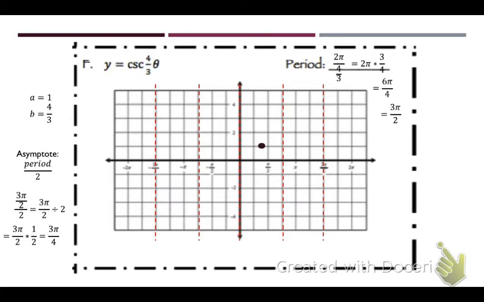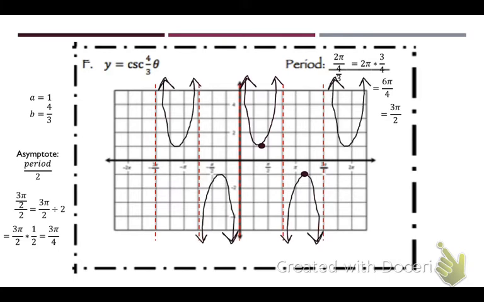Okay, whoops, went too far. Now, my a value is 1, so I'm going to go halfway between my first asymptote and my second asymptote. I'm going to go up 1, and that parabola is an upwards parabola that follows along those asymptotes. Halfway between 3 pi over 4 and 3 pi over 2, go down one, draw a downwards parabola. Then that just repeats itself